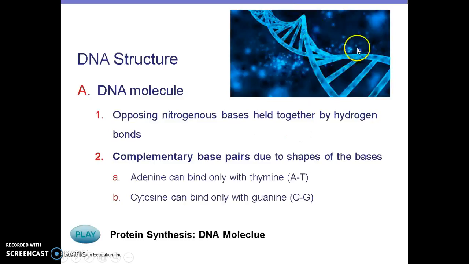So here's our double helix here. This is one chain of nucleotides, and here's another chain of nucleotides. A only can pair with thymine, cytosine can pair with guanine,